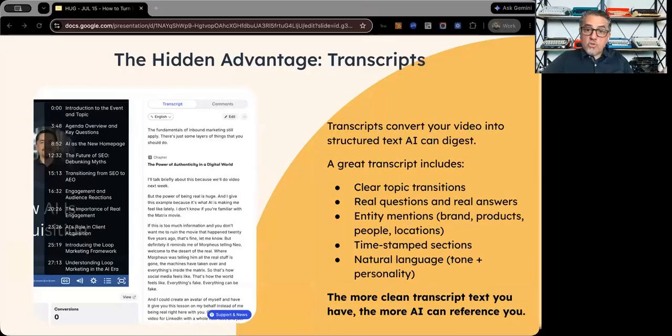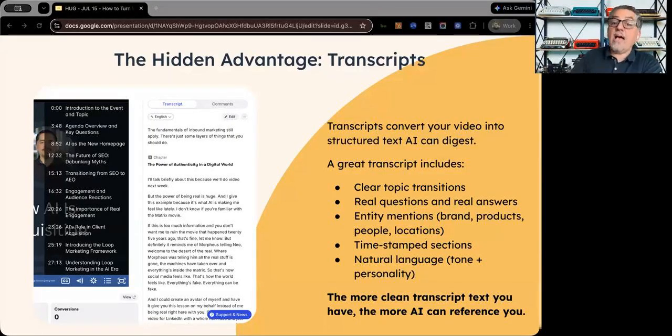So make sure that when you do videos, you put the video on YouTube, the transcript is done and it's corrected. You put the video on Wistia, which is a great video marketing tool that does analytics and allows you to do a lot of great things, but it also integrates beautifully with HubSpot. The transcript is created in Wistia. You can go fix it. And then that becomes part of the schema that goes on your website. So when you embed a video from Wistia on your website, the schema is done automatically for you.